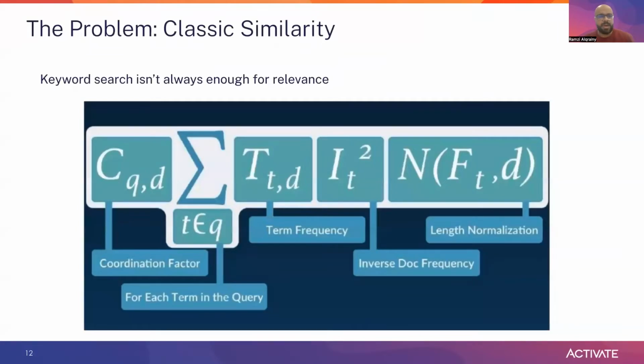Now, let's think about the problem with the classic model of relevance. The core search algorithm is called TF-IDF, and Solr uses an algorithm called BM25 that improves upon TF-IDF. But the basic idea is the same: if a distinctive term appears more frequently in a document, that document is more relevant for that term. This is good enough for most searches of most document collections. However, there are times when just looking at keywords is not enough to accurately capture user intent.